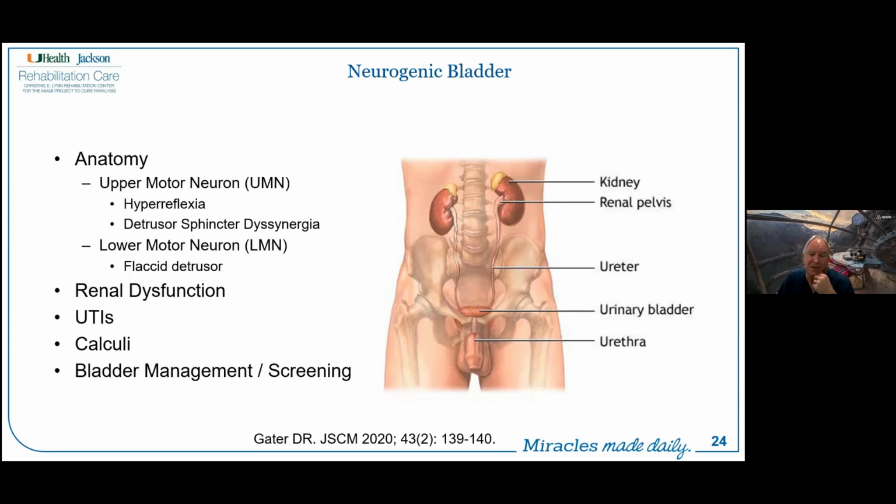So typically an annual renal ultrasound just to make sure the kidneys are safe. And then intermittently urodynamics, usually every 1 to 2 years, to make sure that we're keeping the pressures down appropriately. Pharmacological management may include oral medications and or potentially botulinum toxin injection to the bladder and or sphincters.